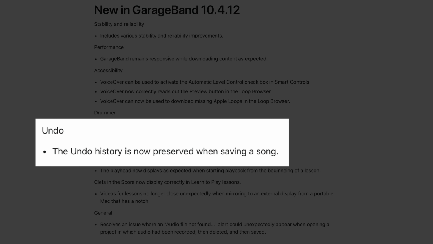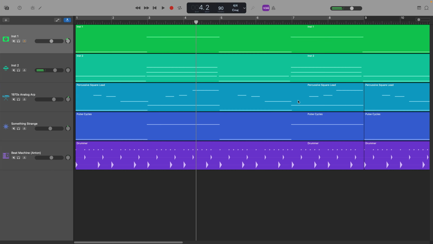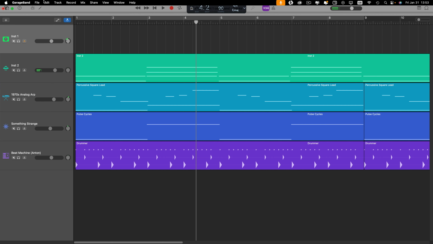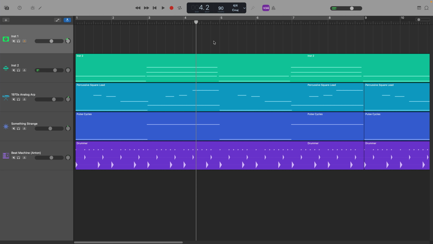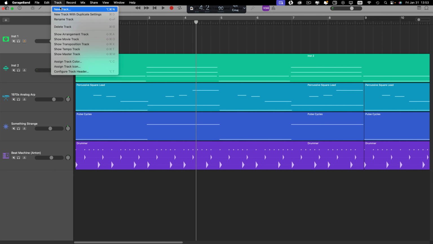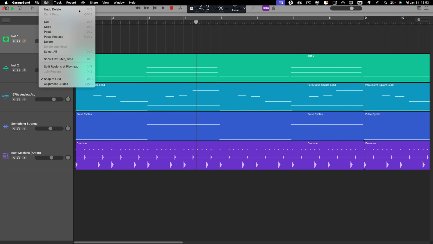Under undo, the undo history is now preserved when saving a song. This is a massive and really positive change. If you've ever done something really silly like unintentionally deleted a region, then hit save, and then realise your mistake only to find out that you can't undo that delete after saving, you'll be happy to hear that this has now been fixed. Now you can still access undo for recent actions in the edit menu after saving your project,